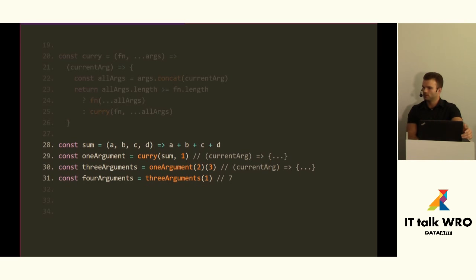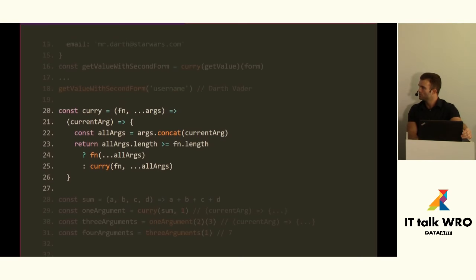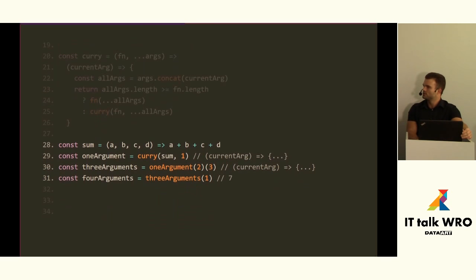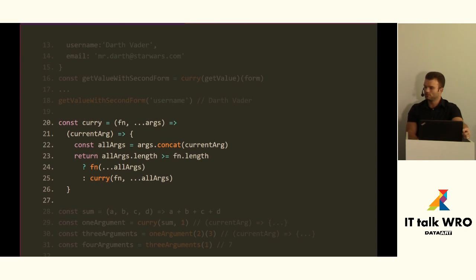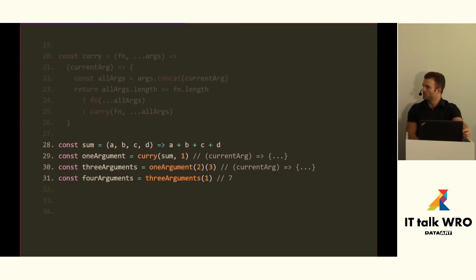We have here just 3 arguments, and we expect that we need 4. And when you call that function the first time with the last argument, you will see 7, because this check will be executed, and the function with all arguments, my sum function, will be called, and you will see 7 finally. This is a really cool feature because you can